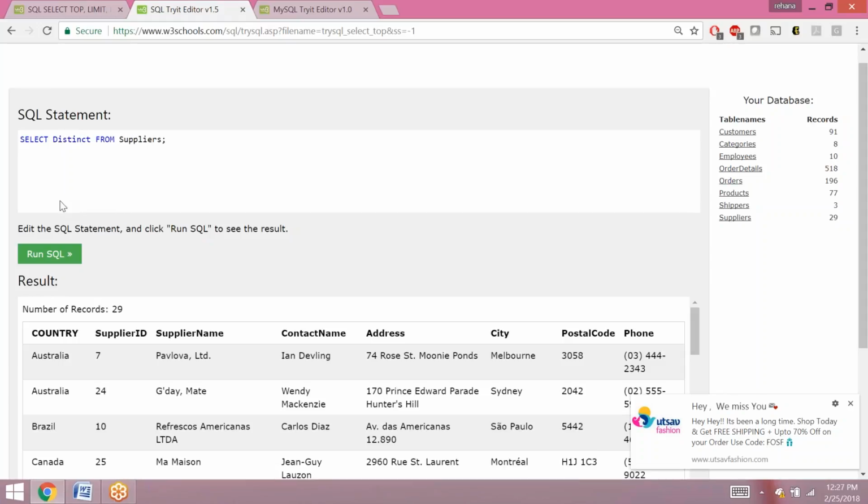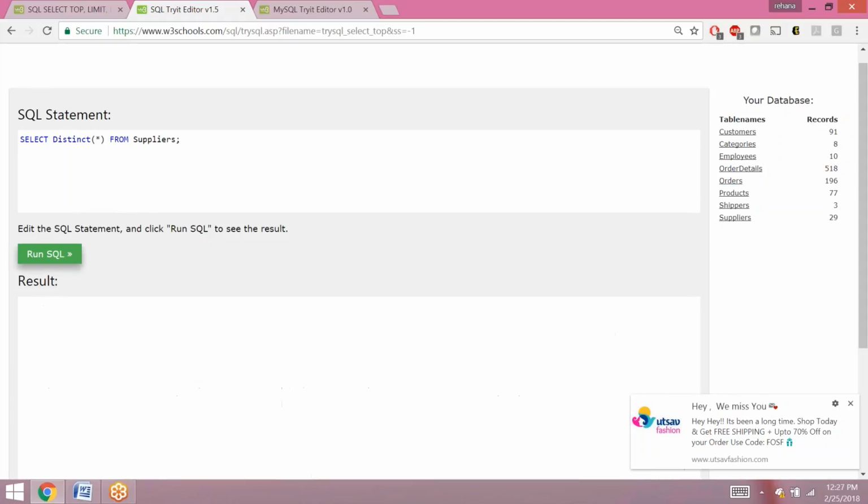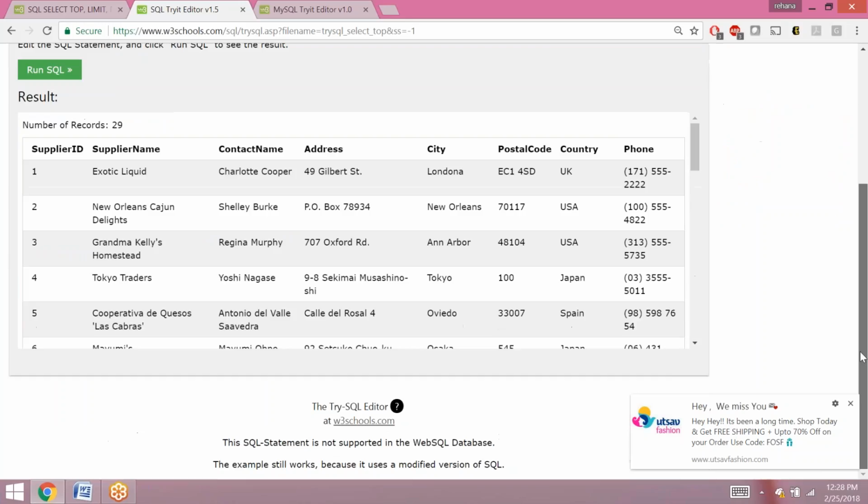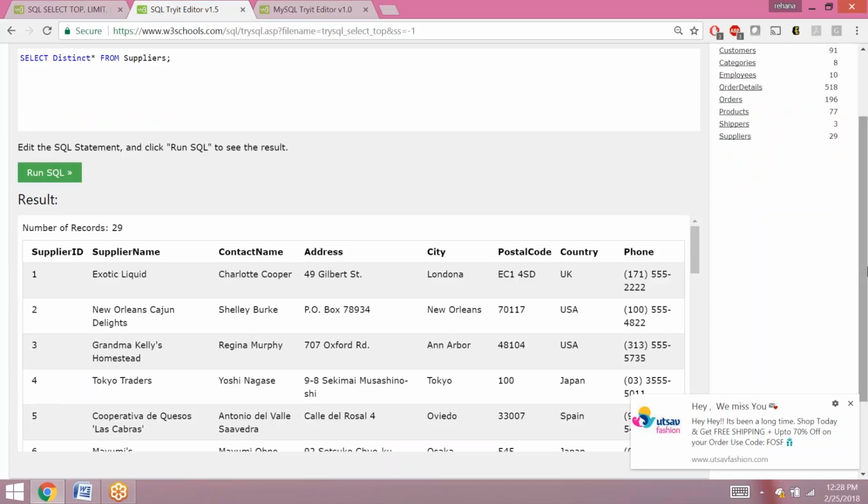If you want to sort everything and make sure there's no duplicate value, then you put select distinct star from. Why would you do that? You could do that to see if there's any duplicate value in the record, but your constraint will take care of that. Why does an error come out? Maybe you don't put parentheses. You need to take out the parentheses. You can see if there's any duplicate record, but you never have to do that because you have constraints in your database, so whenever you're inputting